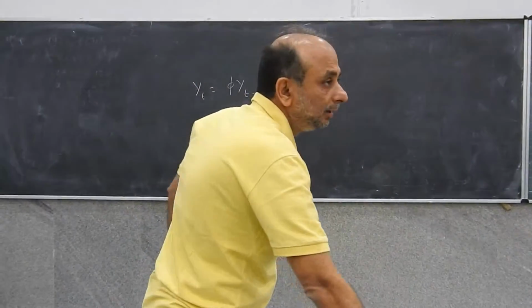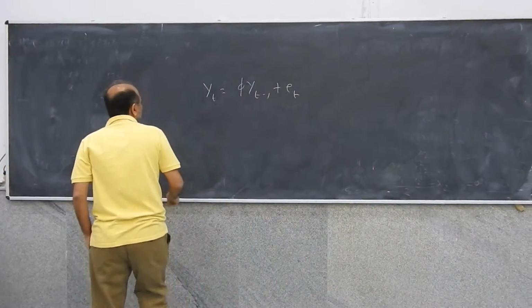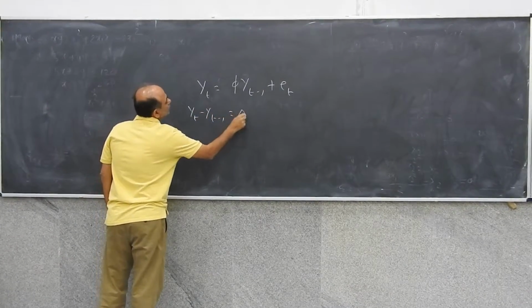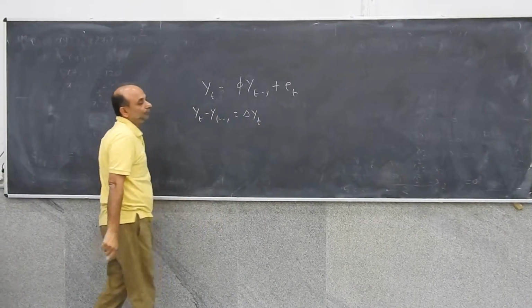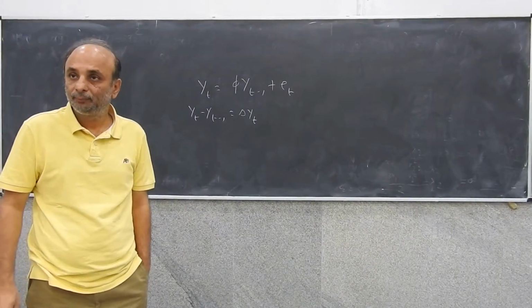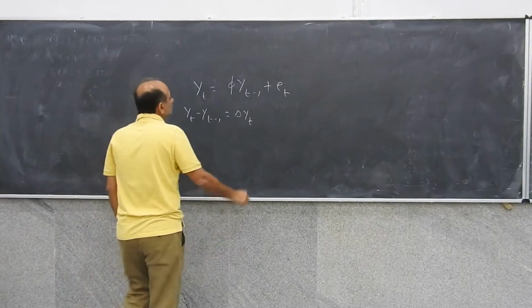What Dickey and Fuller suggested was, think of yt minus yt minus 1, which is equal to delta y, which can be written as